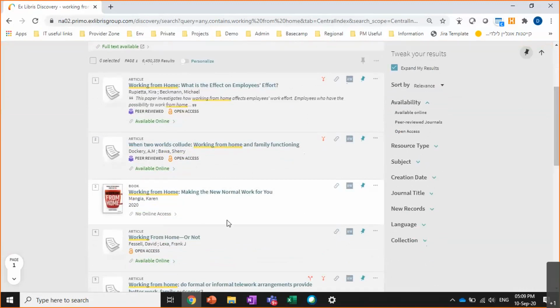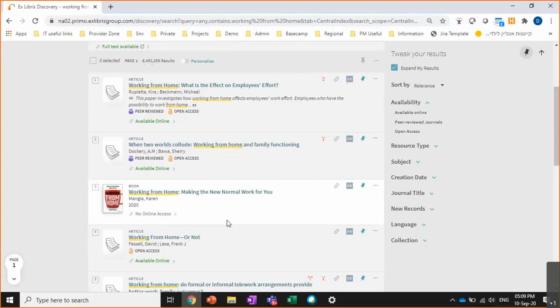Libraries at times would like to provide their patrons with the ability to view content they don't have full text access for, and they are able to provide additional services for this type of content, such as resource sharing, document delivery, and so forth. So even though they don't have full text access, they are able to provide some type of services for content that they do not subscribe to.